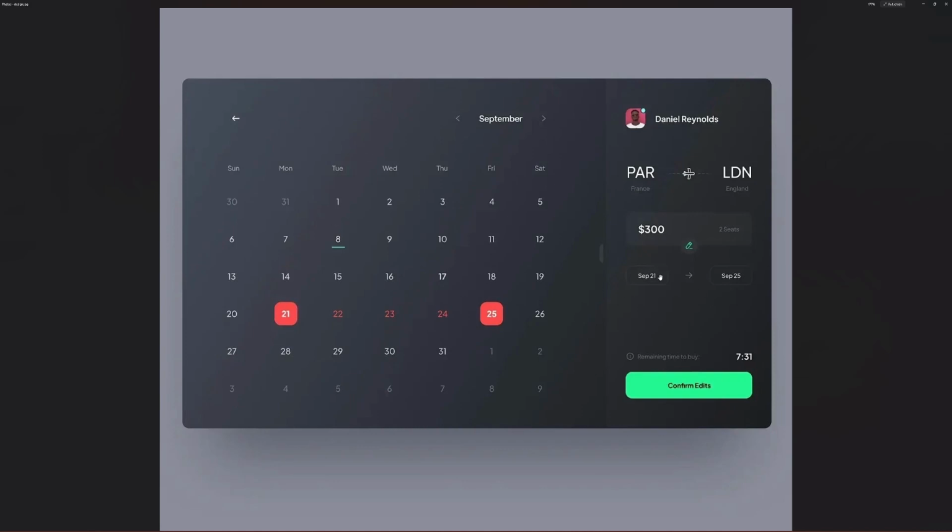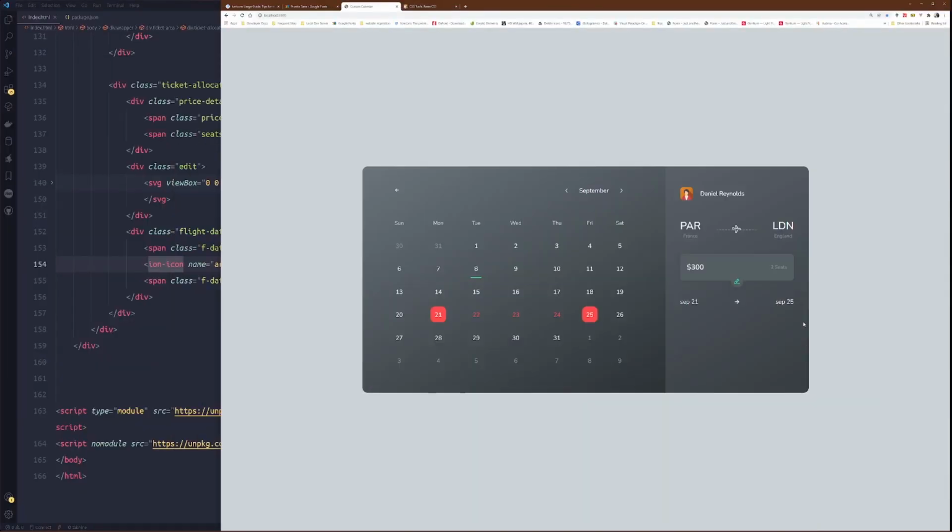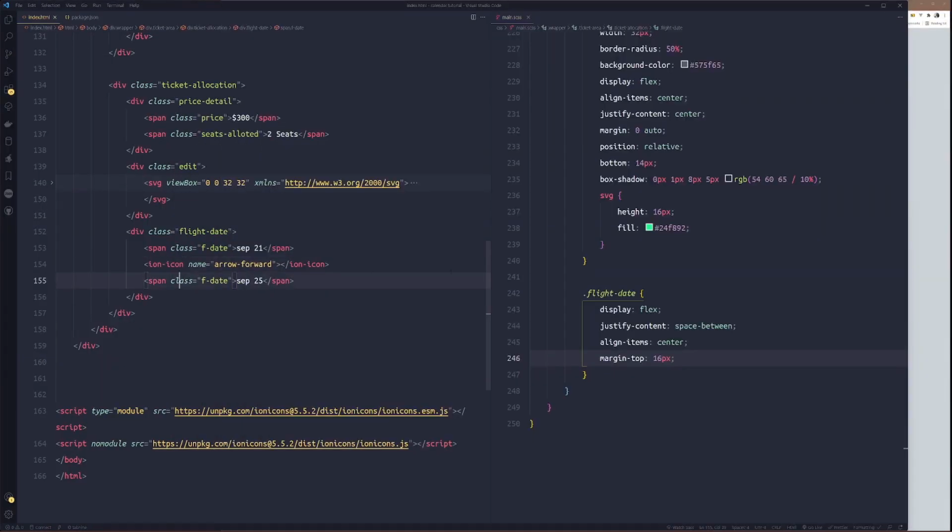Depending on your designer, whoever designs stuff, just follow their lead. I want to make sure the design is fine. All right. So now we target fdate.